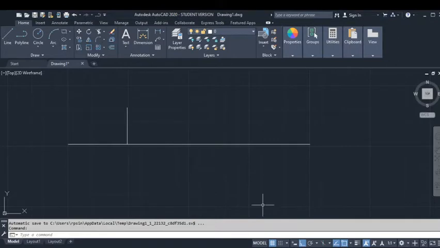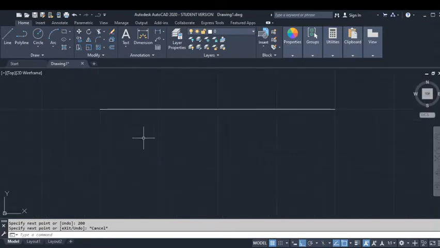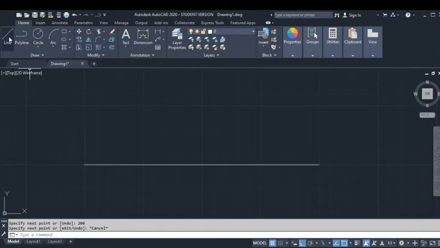Let us see how we draw this in AutoCAD. As soon as I turn on AutoCAD, I'm going to draw a straight line using the line command, and I'm going to specify a line of 200 mm. Now after specifying a line of 200 length, I'm going to again make use of the line command and choose some random location from which I can draw again a line which is perpendicular to the already drawn line for 30 units, so 30.